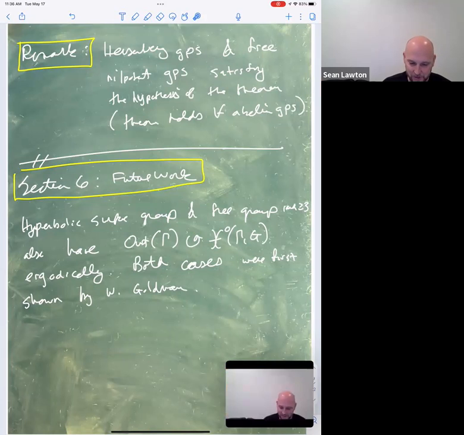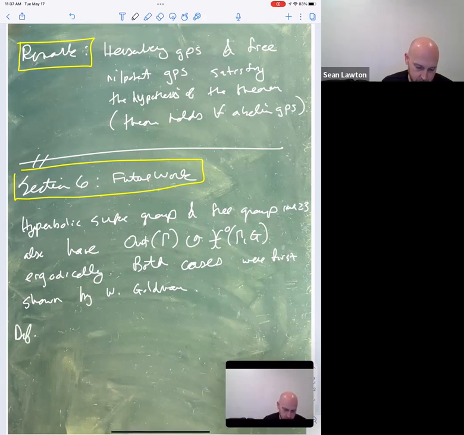So Shah and Pickrell generalized Goldman's work for groups that were locally isomorphic to SU(2) to arbitrary connected compact Lie groups, and then Gelander generalized the work for free groups, again from the SU(2) case to arbitrary compact connected groups. Okay. So with that in mind, with these two classes, we say